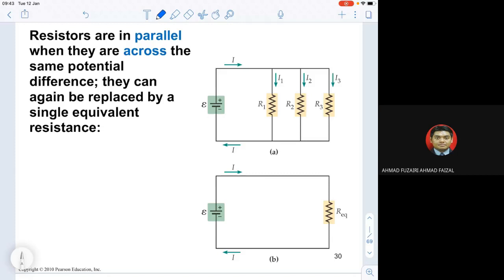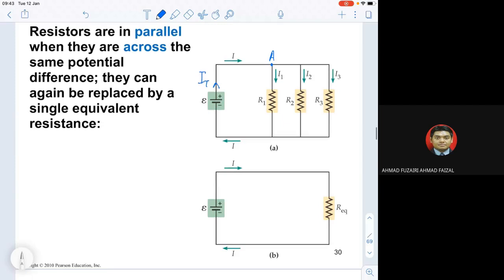Now we look at the resistors in parallel. Remember, in parallel, look at I. Here we have I total going out from the positive terminal, and it goes until it reaches this point, let's say point A. This is the junction we are talking about. The junction means that at that particular point, I will be split into